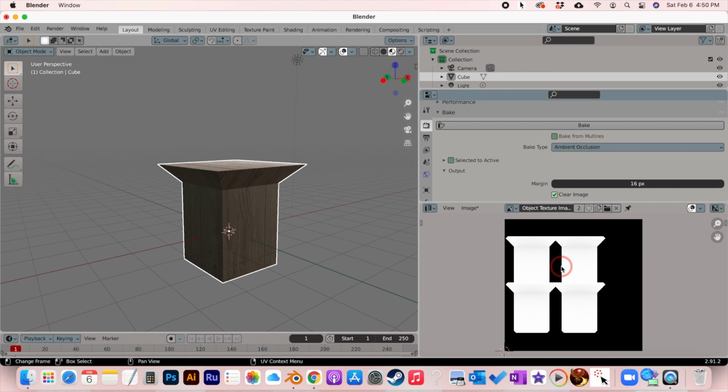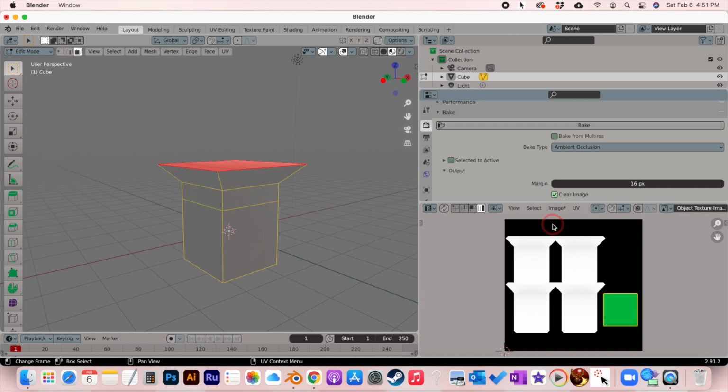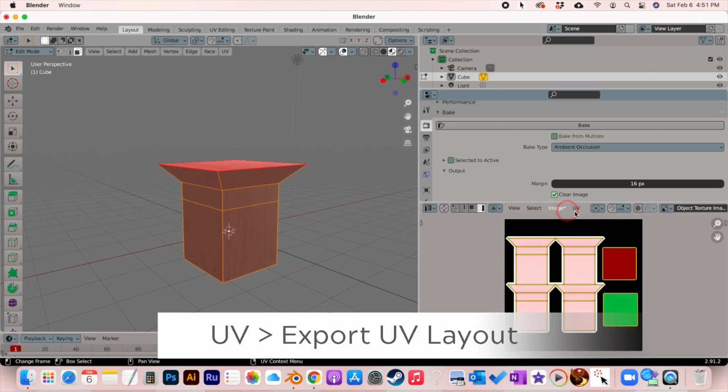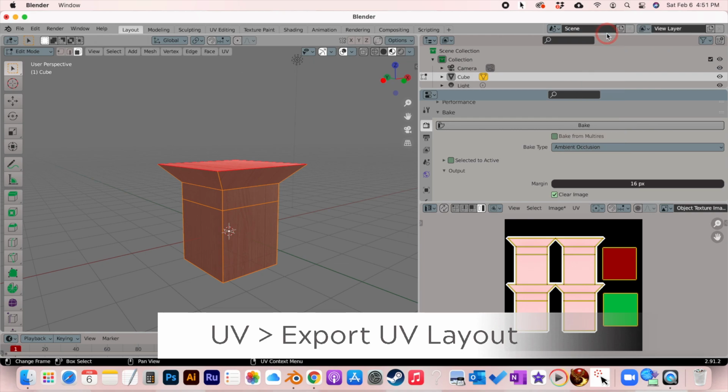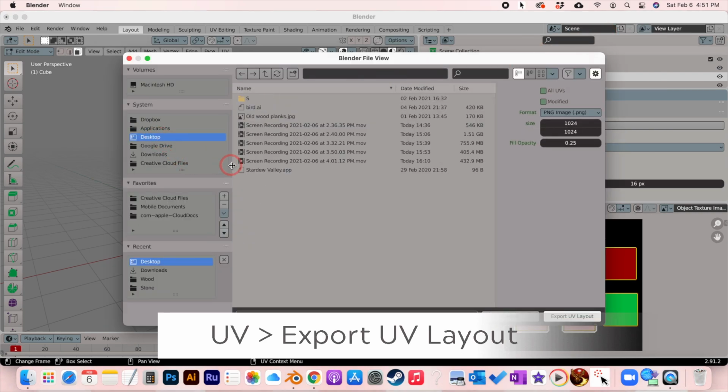Another thing I want to show you before we leave Blender is this can help you in texturing over a big map in an outside editing program like Photoshop. You can export your UV layout. So if we go back into edit mode, and select everything, all the mesh over here, and go to the UV menu up here, and then go all the way to the very top, click export UV layout, then you can save on your desktop